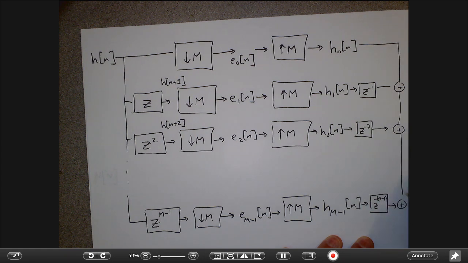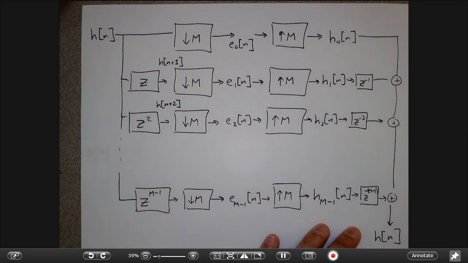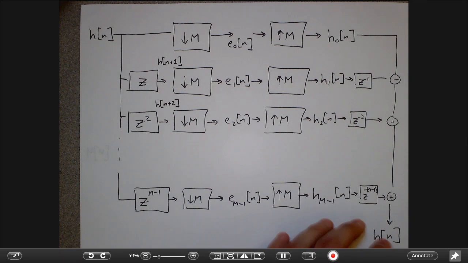And after I add all that junk up, what I get is exactly my original signal, right? So this is just an extremely fancy and seemingly time-consuming way of taking the signal apart into smaller pieces and then putting it back together, right? So in some sense, these guys down the middle contain exactly the same information as the original